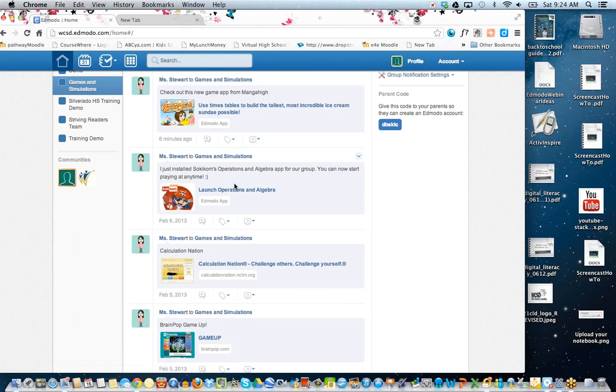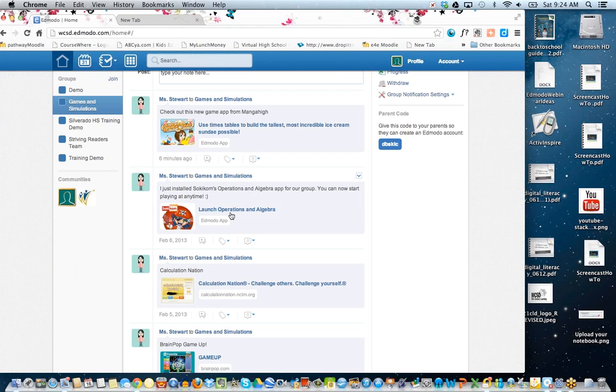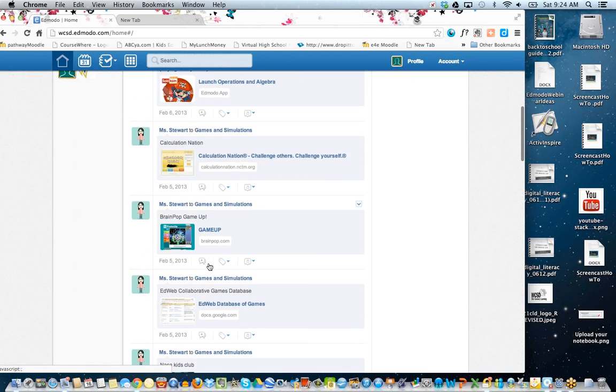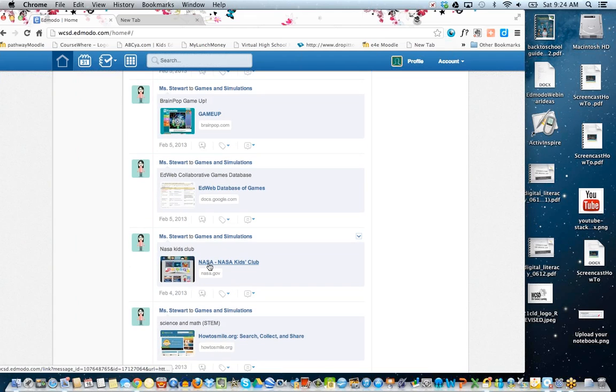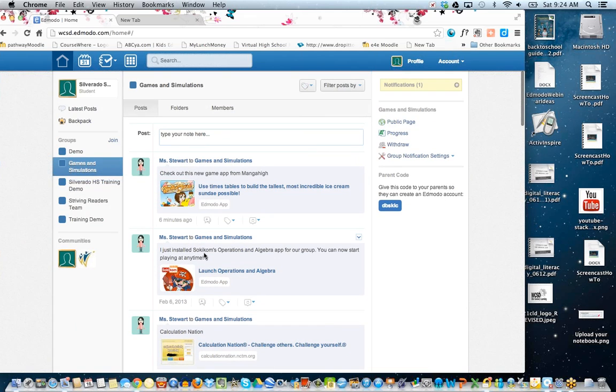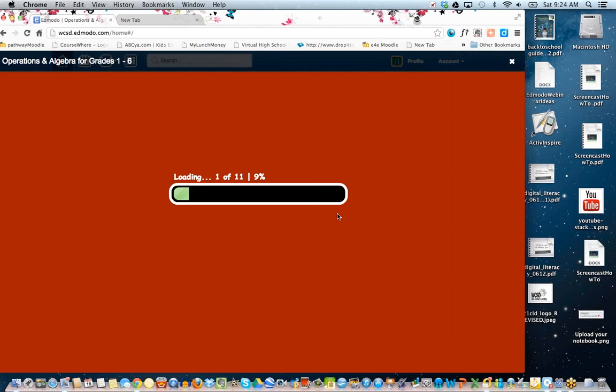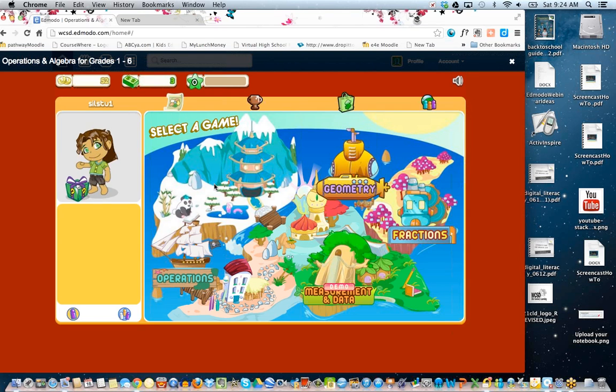You can now start playing it anytime. And it posts something in the stream so that the kids could jump right in as well and play it from there. Like if I click on this launch Operations and Algebra game, it just immediately starts opening it. So that's one way that your kids can access the game.